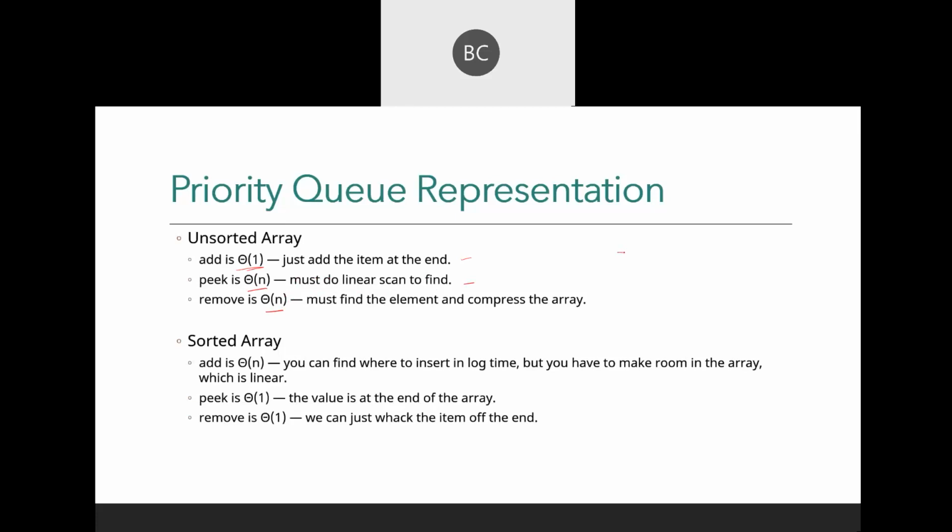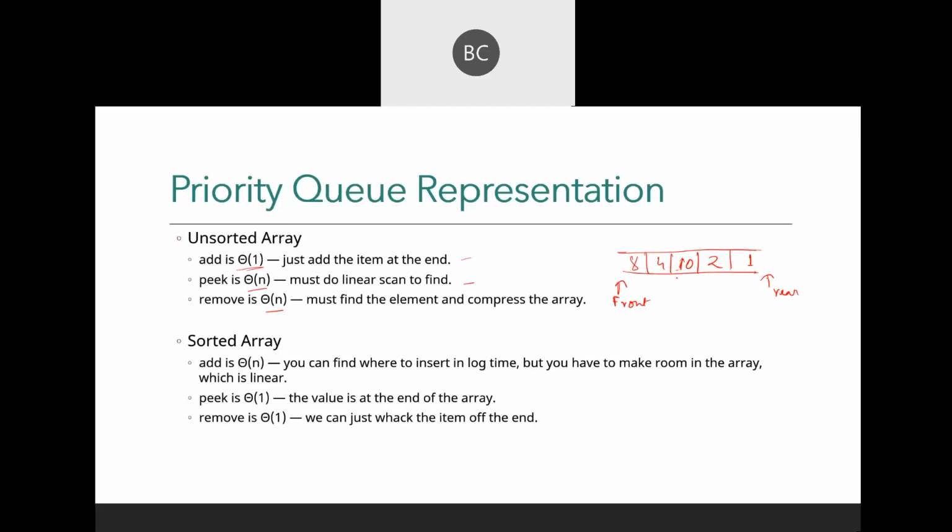That means you are storing items in any order, maybe 8, 4, 10, 2, 1, like this. To add an item, you will just add it from the rear end, right? So adding an item will simply take a single step. But to peek means you have to find the highest priority element.